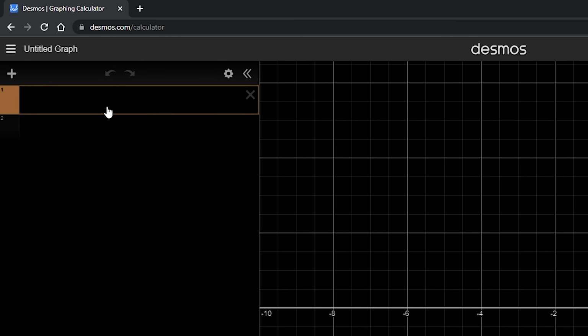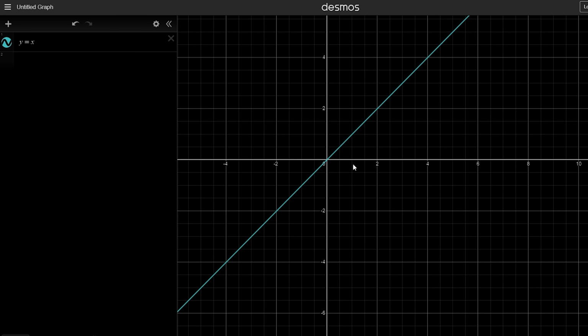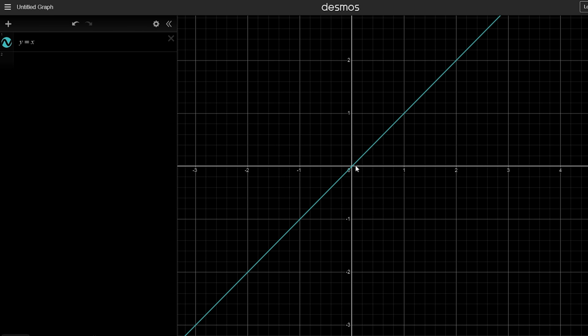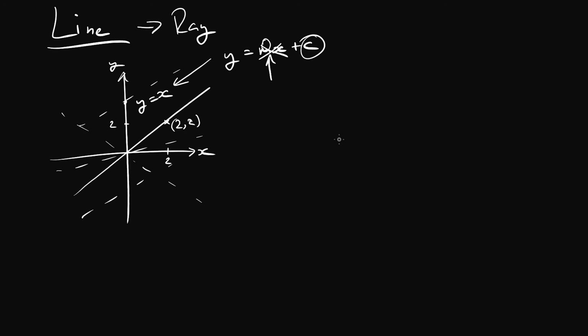Now, if we go over here to Desmos.com, which is a fantastic online graphing calculator, I can just type in y equals x, and you can see we have our line over here. A straight line running through the origin where for any x value, the y value will also be the same. Now that's fantastic, but does it really help us with ray tracing? And is this a good equation to use? The answer is, well, not really, because this is an extremely simple equation that we can use for graphing.